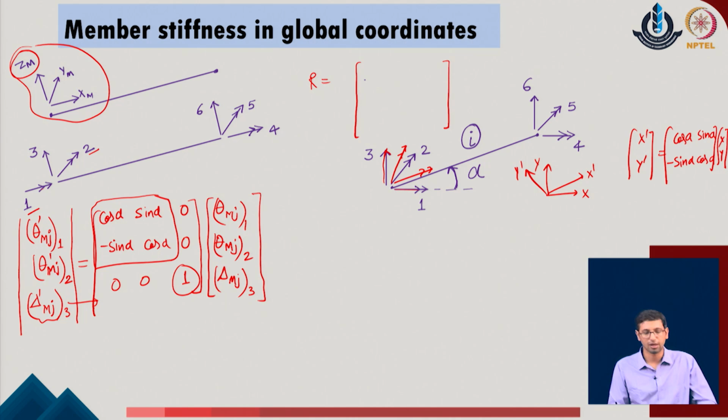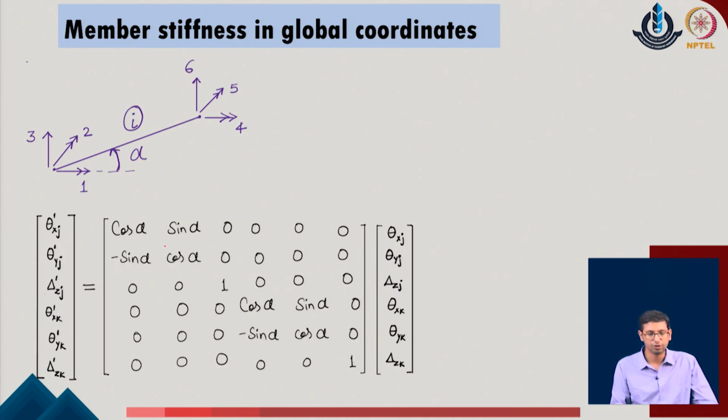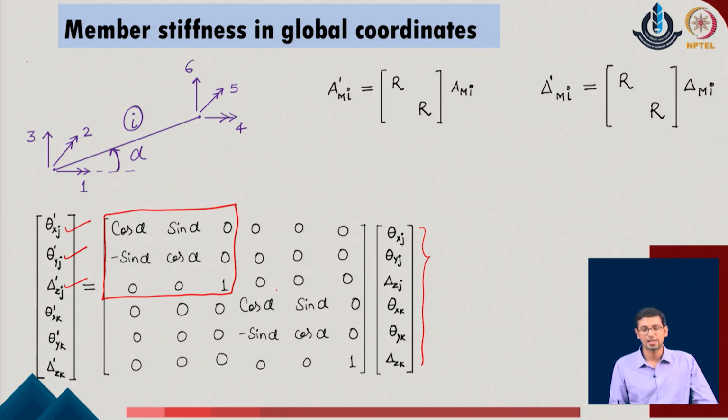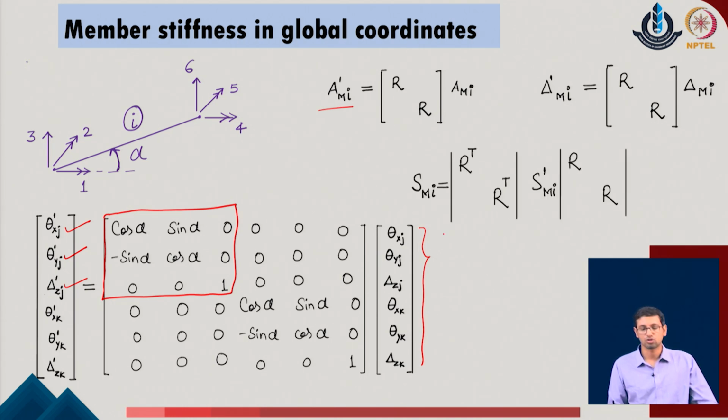Okay. So with this idea in mind, we realize that the individual rotation matrix which we described earlier for the given frame system can be utilized again. The only difference is that the first two are the degrees of freedom with respect to the rotations, and the third one is the translational degree of freedom. In the same manner, we can define for both parts, the member and the structural components of the given system. Once we know this rotation matrix of the given system, we can easily convert our member forces between the local and the global coordinates, and we can also get the stiffness matrix of the system from the individual local member coordinates to the global matrix.